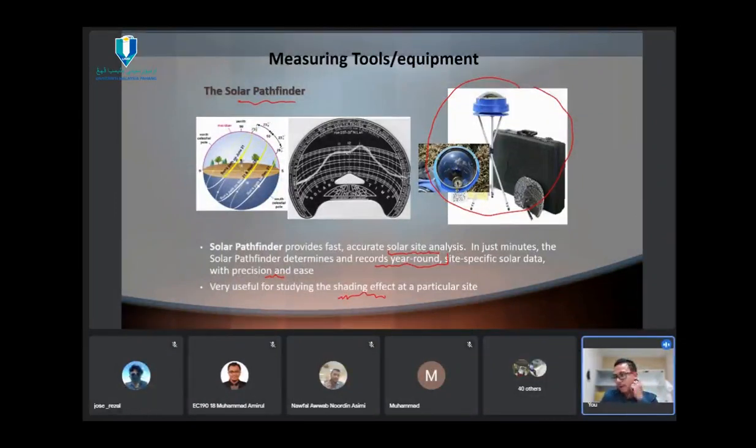Maybe you are wondering why only this kind of tripod can measure year-round or specific data. It's actually because you are doing the shading study, I mean the shading effect. When we do the shading effect, we need to go to the site. For me, it's mandatory for the site analysis. Because in most cases, let me be honest with you,